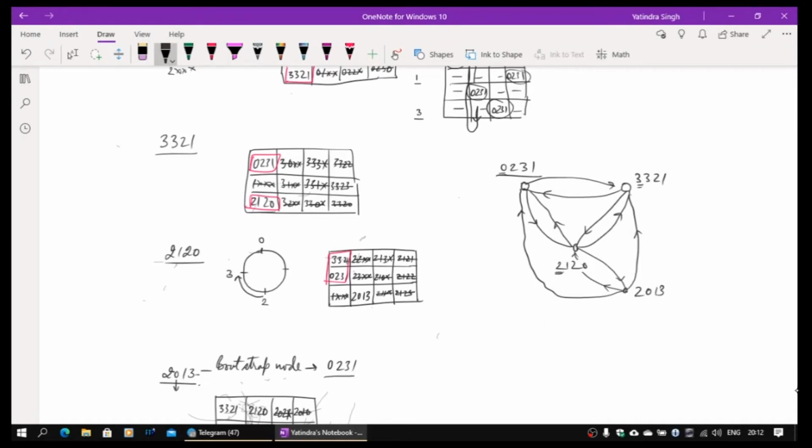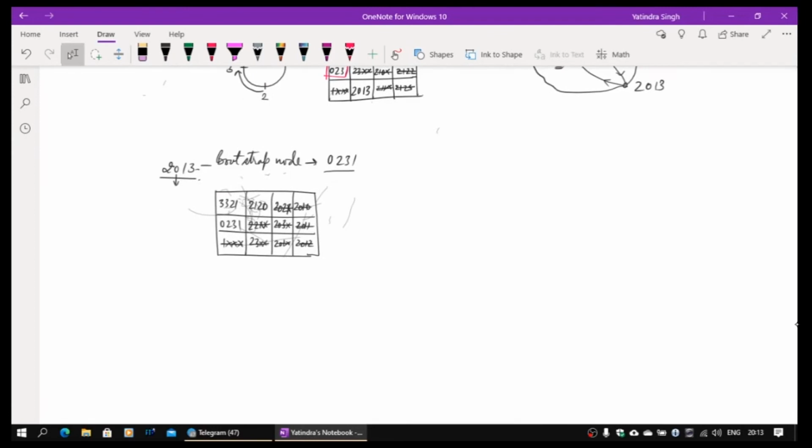Let me add now another node just to ensure to actually show the example that what happens. So this time we are going to make an entry of another node which is going to be 2102. Okay. So I have done it intentionally 2102. Okay, to show an example what happens. So when 2102 joins, again bootstrap node is going to be chosen as 0231.